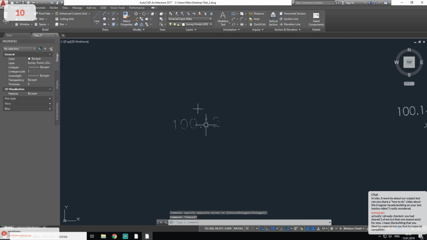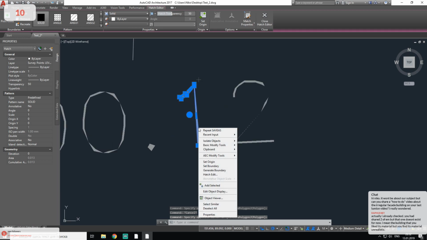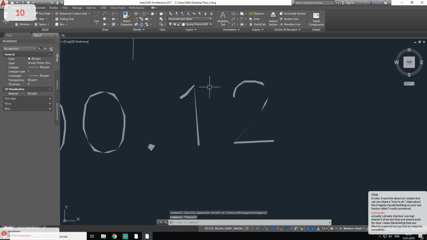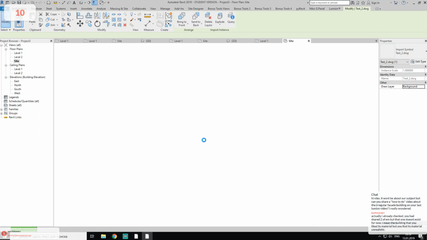Just select everything. You can select by the type, like in Revit, and delete what you don't need. So here it's already 98%. I'm sorry I didn't delete it. This was my mistake. Anyway, you can ask questions now because we are still waiting for Revit to calculate the hatch